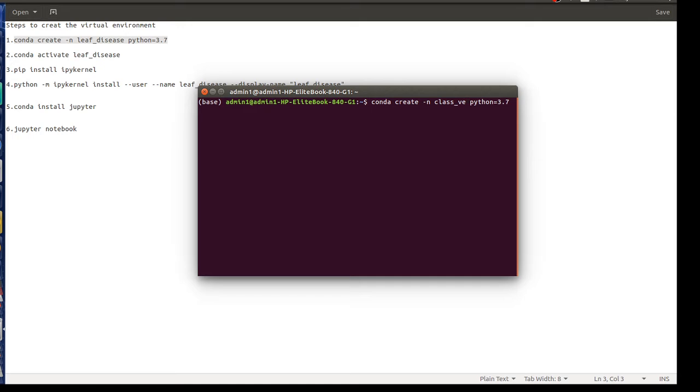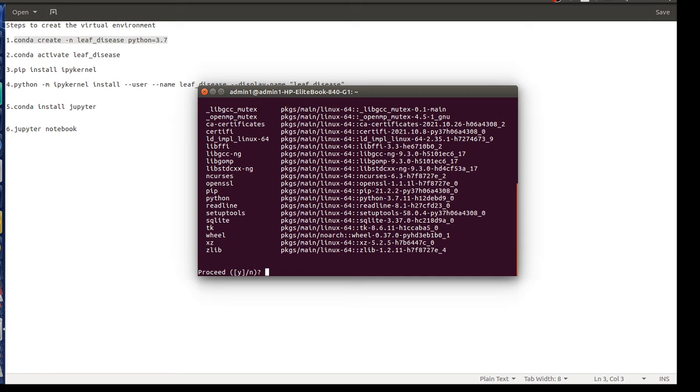You can give any name, and you can also specify the Python version here. You are free to give Python version 3.6, 3.8, any particular version. When I do that, it will create an environment with that name. Say yes, type Y and enter.